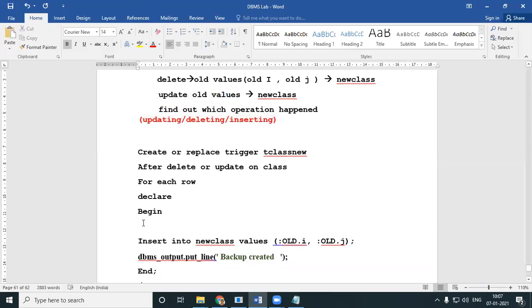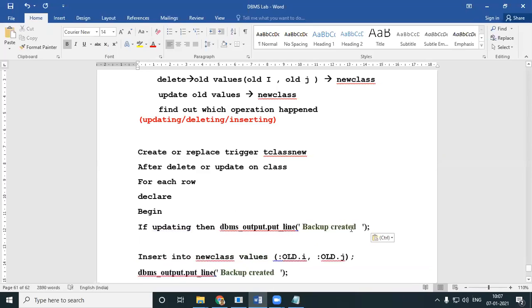Now let's say I write if updating. That means if updating is happening, then I'll just write over here. I'll copy this: update.